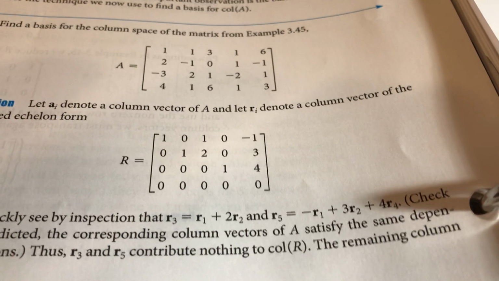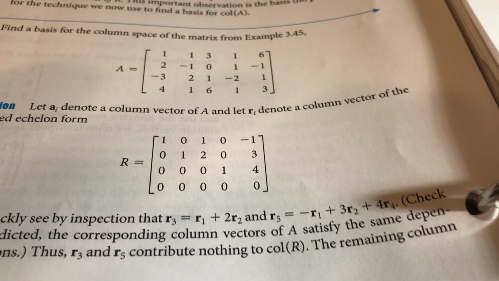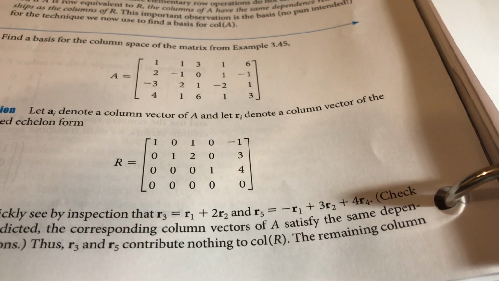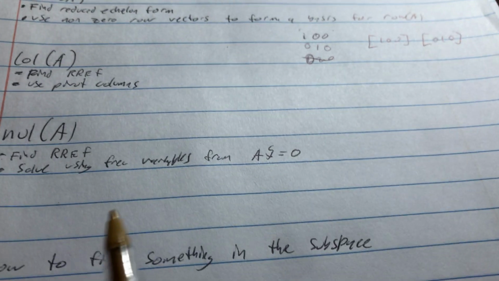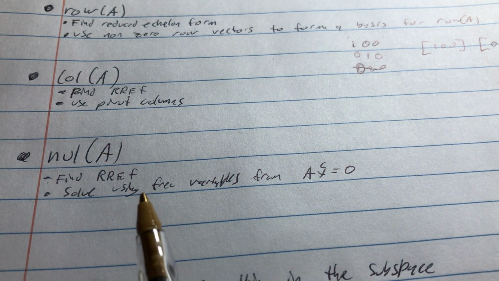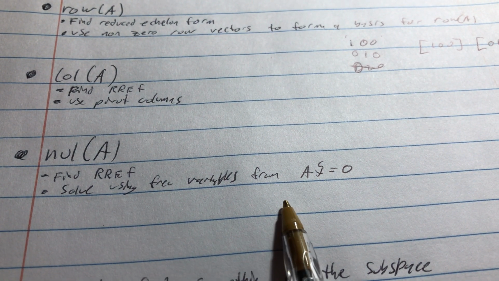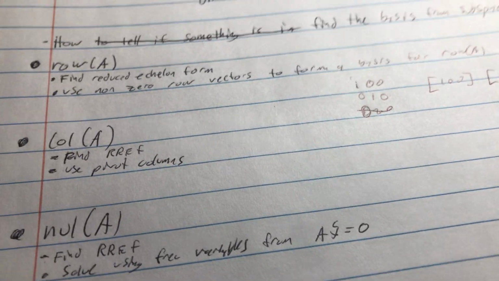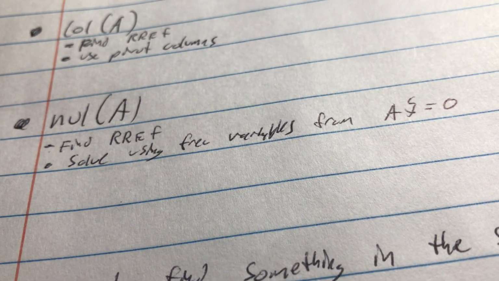So you reduce it, and then the columns with pivots in it are the ones that are the basis for the column space. To find the basis for the null space, you find the reduced echelon form, and then you solve using the free variables from the AX equals 0. So for example,